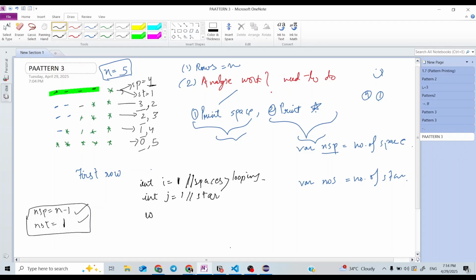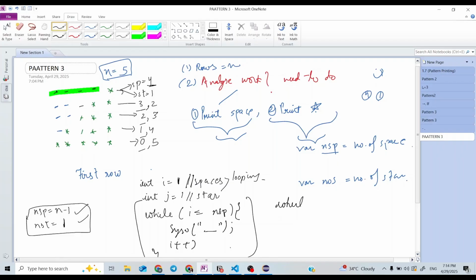So first I will print spaces while i is less than or equal to n minus 1. Instead of n minus 1 I will write number of spaces. We have to print space, so print space, then i plus plus. And after we print the spaces, we will use another while loop for printing the stars.